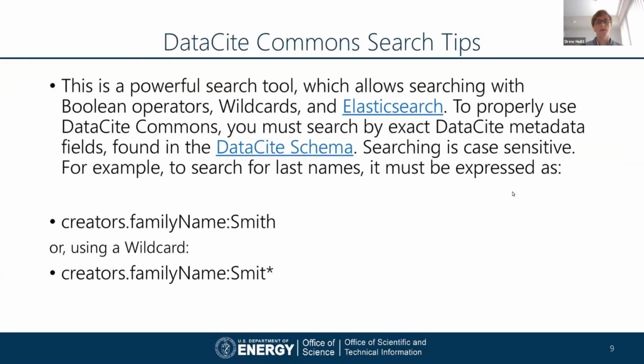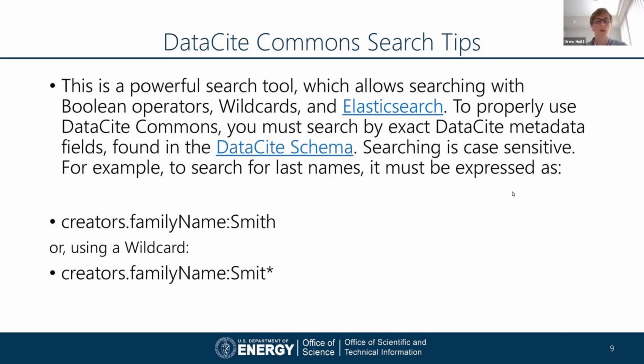Okay, so let's talk about some DataCite Commons search tips, because it's a really great tool, but you need to know how to search it to really take full advantage of it. As I said, this is a pretty powerful search tool. You can search with Boolean operators, wildcards, and Elasticsearch. And we just put the link in the chat for the Elasticsearch guide to how to query with that sort of